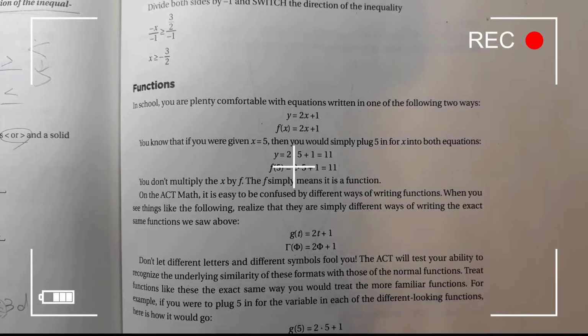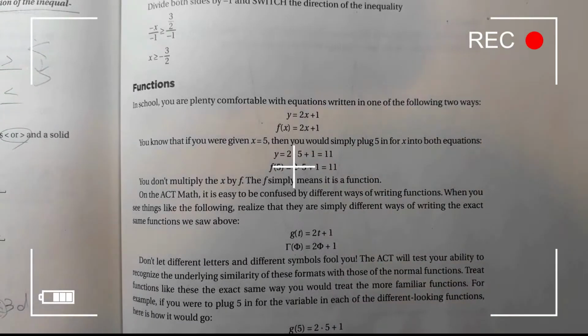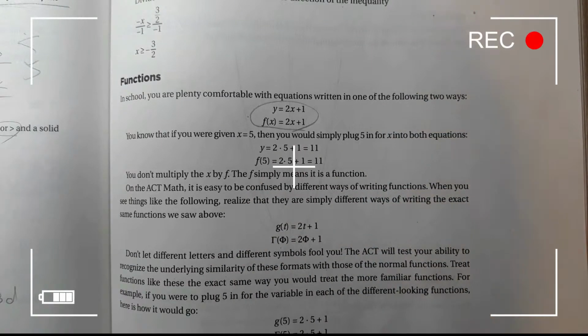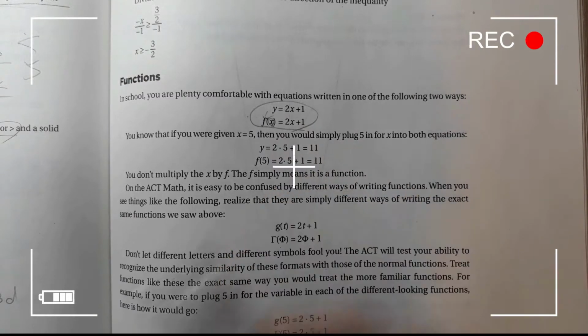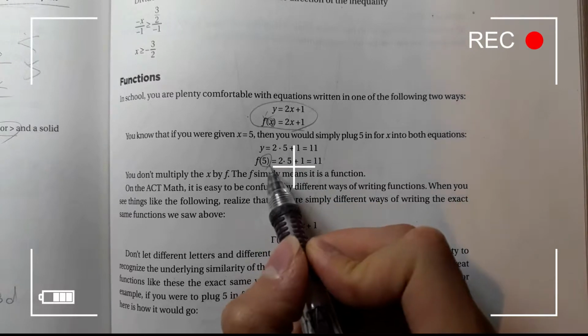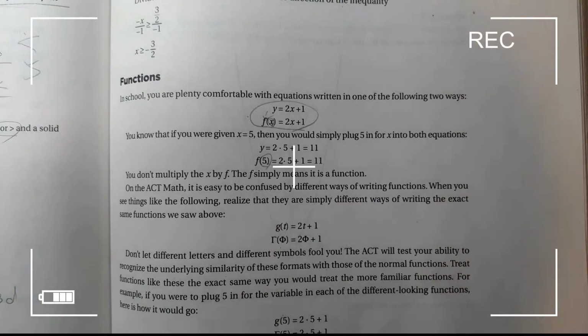Guys, today we're going to talk about the functions we learned for the ACT. First of all, these two methods, you would have seen a lot of these. y and f(x) equal the same thing; just think of it as y. If you plug in this x in f(x), it means you have to plug it into the x value. So if there's 5, you plug 5 into the x, which is 2 times 5 plus